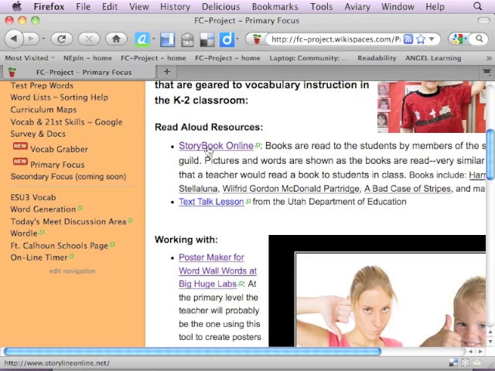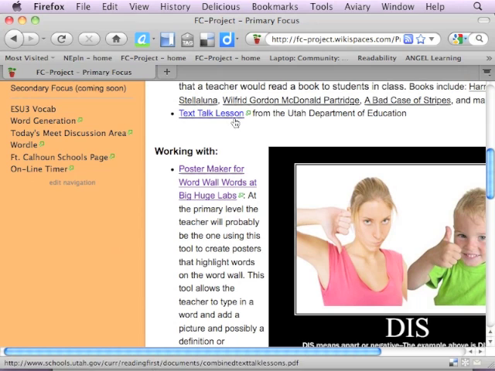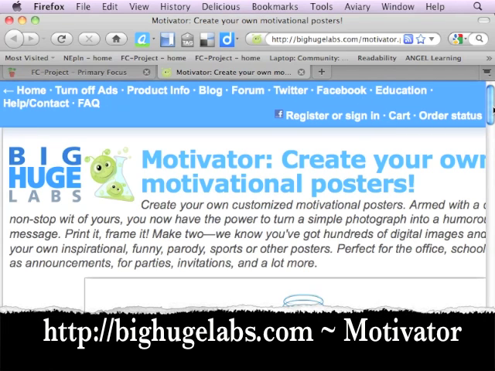You can see the Storybook Online is here at the top, along with the Text Talk link that Janet shared earlier. And what I want to do is show you how you can make some posters for your word walls to give your students a visual picture of the words that you have there. So I'm going to click on Poster Maker, and this takes me to a free website called Big Huge Labs,